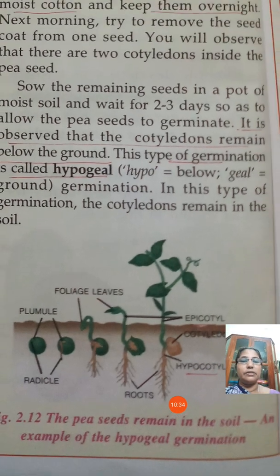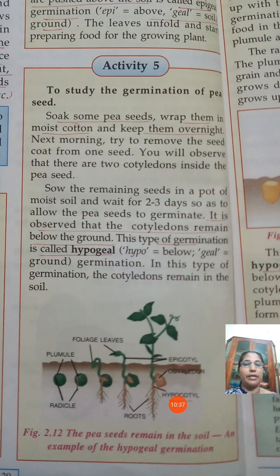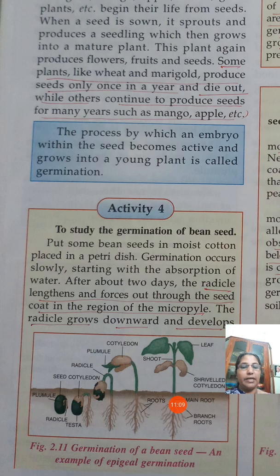In many plants from your surroundings, you can observe this hypogeal germination and epigeal germination. You can observe the portions known as epicotyl and hypocotyl, and according to which part lengthens, the kind of germination may be like that. The pea plant or the green pea seeds always show hypogeal germination, but the bean seed always shows epigeal germination.